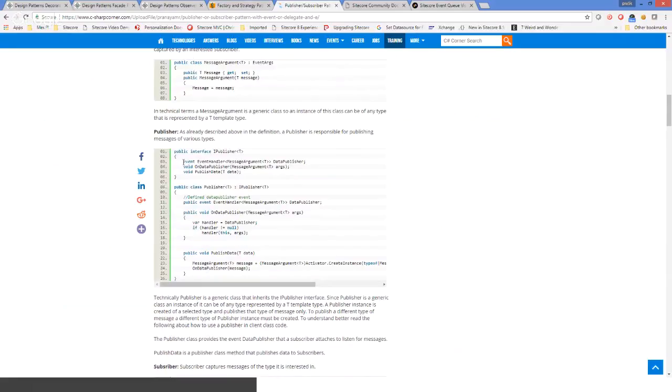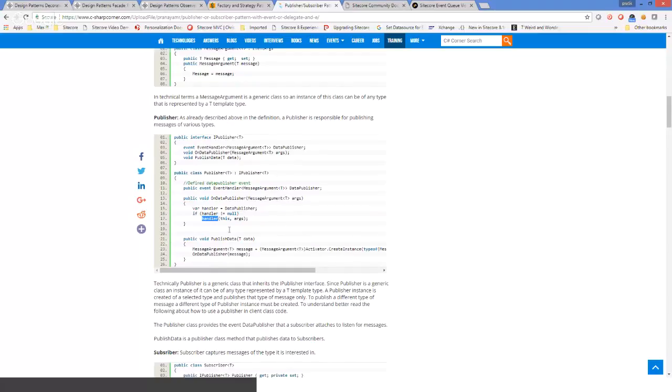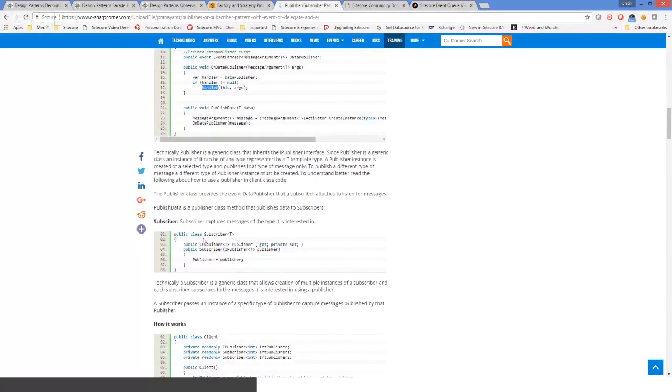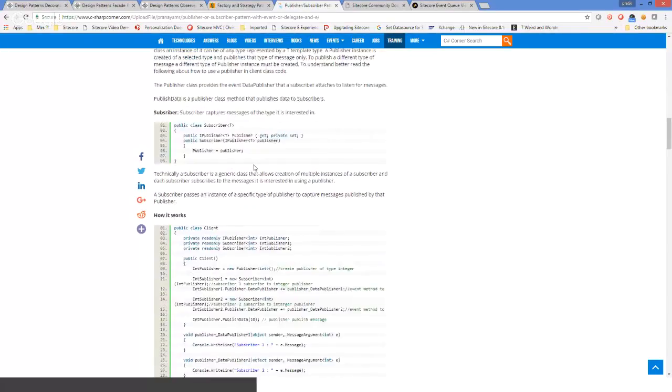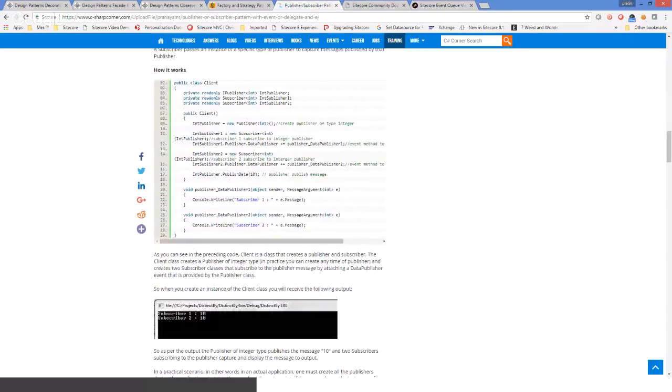Then we create an instance of publisher, which will be responsible for sending or publishing the data. If you can see on screen, it has published data, and on the data publisher it has been specified that we pass the arguments and whichever actions. This is a publisher, and we will have a subscriber which will be subscribing to this publisher. So if we see that in the real world,